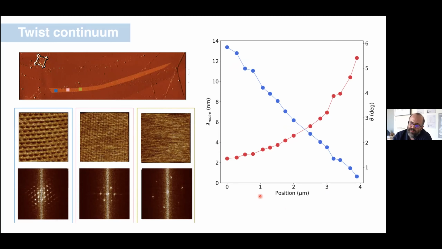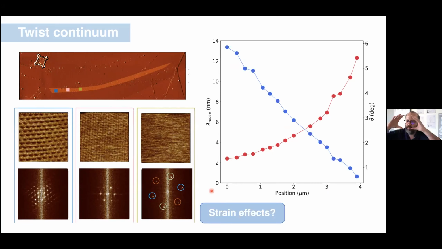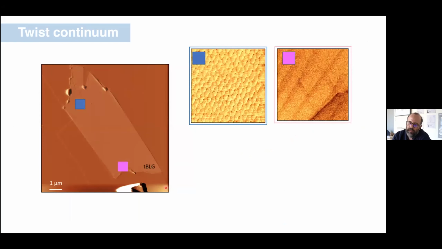The other thing that you might immediately think about, if you pause for a moment, is that there probably is some strain in the system. So this is a beam. You imagine that it's going to be compressed on the inside of the beam, and it's going to be under extensive strain on the outside of the beam. And indeed, what we see is that if we look in detail at these Moiré patterns, these dots are kind of elongated. And further, the distance between opposing positions in the FFT are not exactly the same. They change systematically.